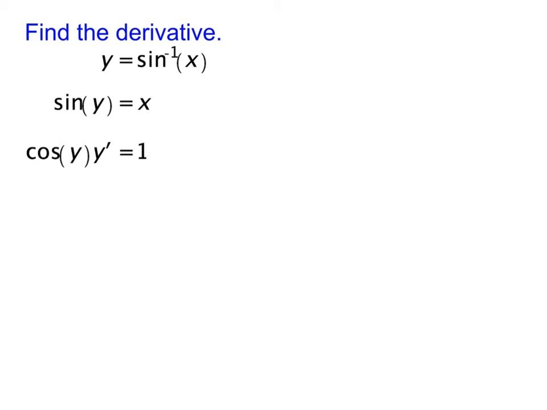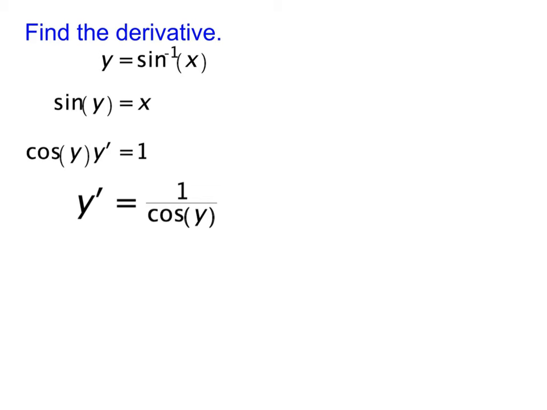All right. So we've now found the derivative. I still want to be able to figure out what y prime equals. So I'm going to try to get y prime by itself. So that means dividing both sides by cosine of y. Okay, great. I now have y prime equals. There's just one little issue that I have with this particular equation. Valid as it is,